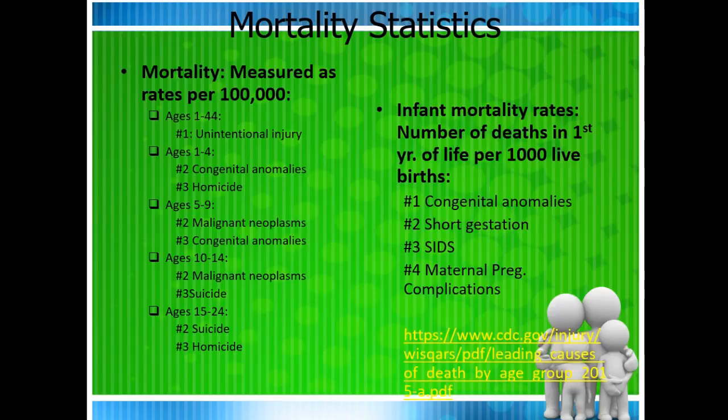So we've got the unintentional injury, we talked about that. Our congenital anomalies, hopefully you guys know what that is, just means that they're born with something that is non-malignant. So it would be something in the way of congenital heart defects. It could be something like cerebral palsy, some of those things I already mentioned. Muscular dystrophy, but likely not under the category of causing death at that early of an age, between 1 to 4. Homicide is going to be your number 3, which is sad, right? We're going to talk about child maltreatment in here.